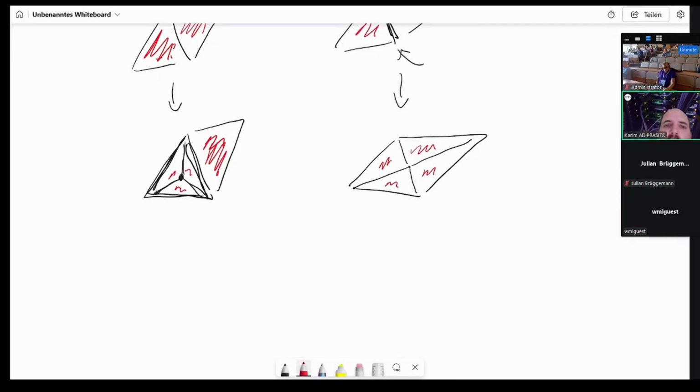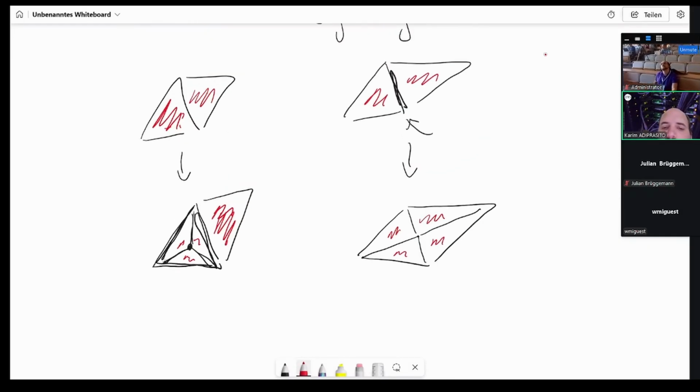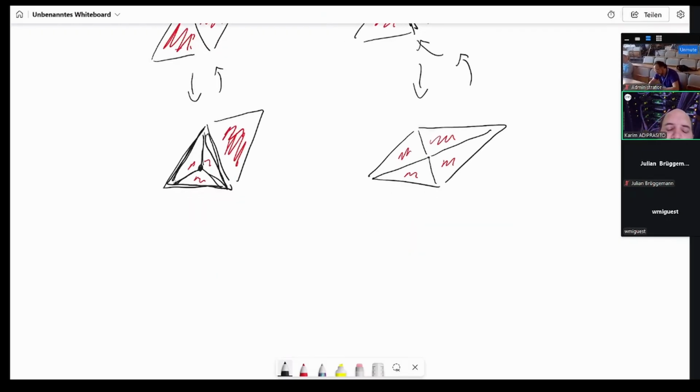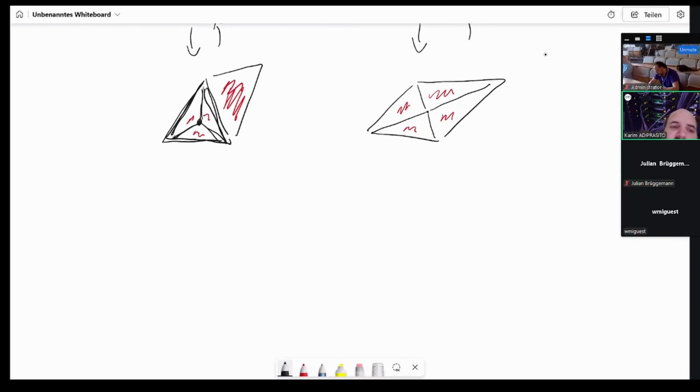Okay? And so these are the stellar moves. And of course, if you have a stellar move, this preserves the topology. It's not hard to see. And then you can also, of course, go with the inverse, right? So you have a stellar move and the inverse. And one of the theorems that is kind of the